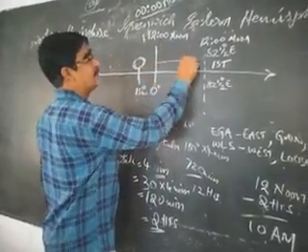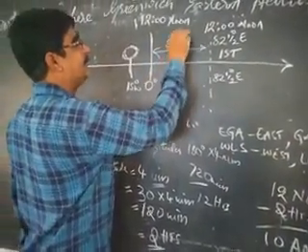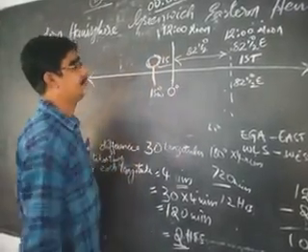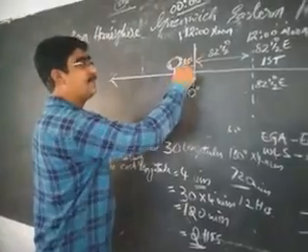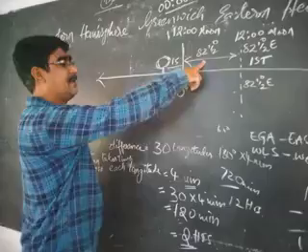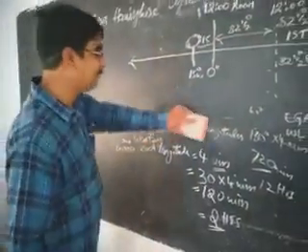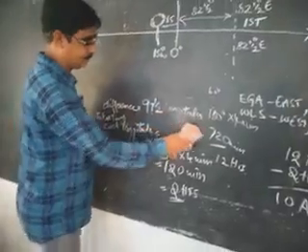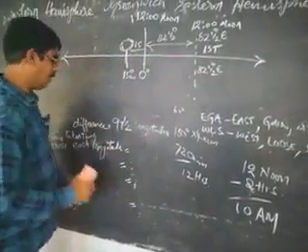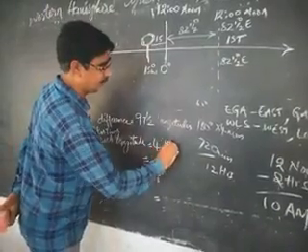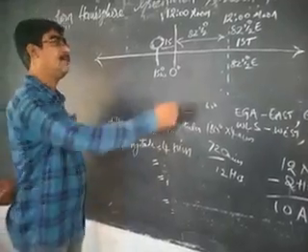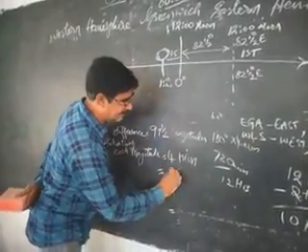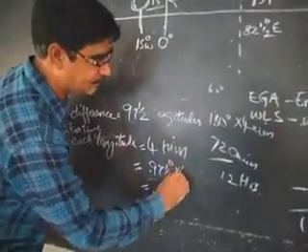0 is in the middle. So here it is 82.5 plus 15. What is the total difference here? 15 plus 82.5 is 97.5 degrees. How much difference is there? 97.5 longitudes. Now, how much time to cross one longitude? 4 minutes. How many longitudes are there? 97.5. So 97.5 into 4 minutes.